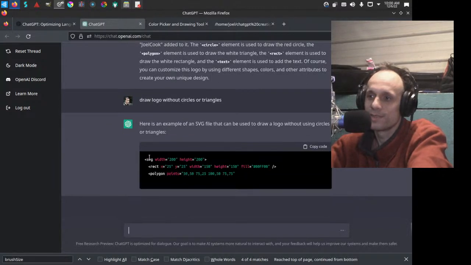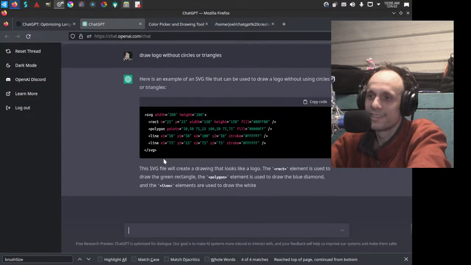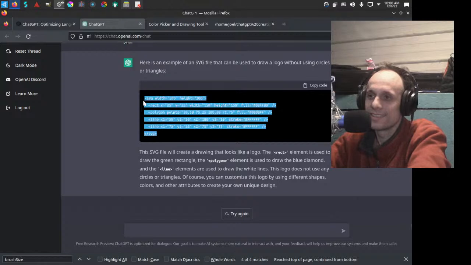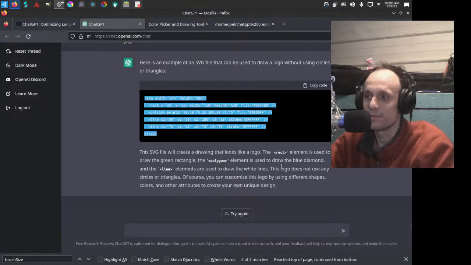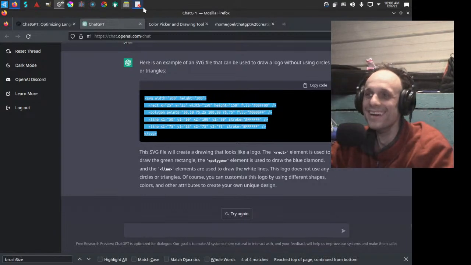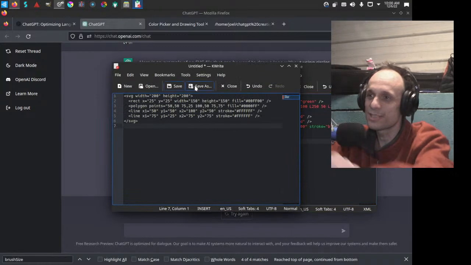Okay, he's like, yeah, we're doing SVG. Cool. He knows that. SVG file, okay, logo. Green rectangle, polygon used to draw a blue diamond, and the lines element are used to draw white lines. The logo does not use any circles or triangles. Of course, you can customize the logo by using different shapes, colors. Okay, so I mean, if I needed a simple SVG logo,